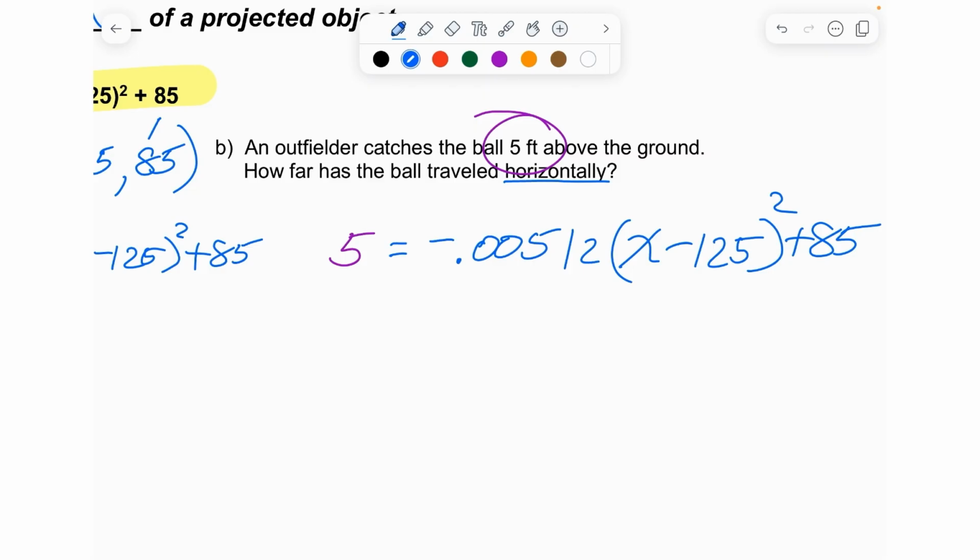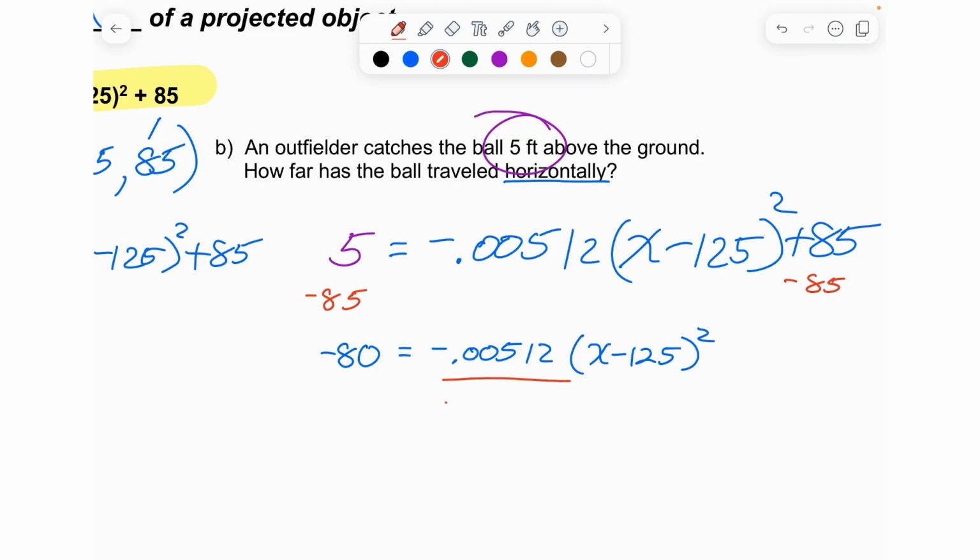Now, when you look at this equation, don't panic. You don't need to set it equal to 0 because it's in a special form. It's in that vertex form. Instead, what I can do is I can start to just do inverse operations. I can start to move numbers around. And of course, subtracting 85 from both sides would be my first inverse operation. Now that gives me negative 80, but that negative 80 right away is going to get divided by